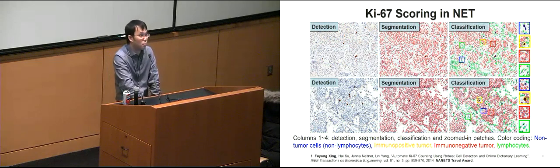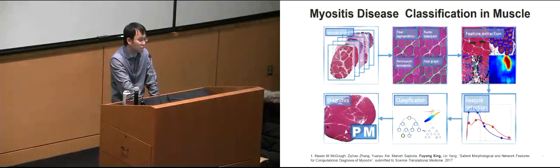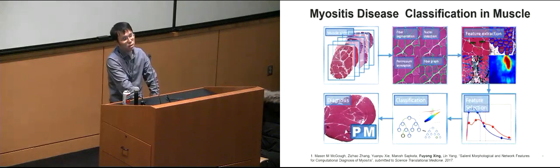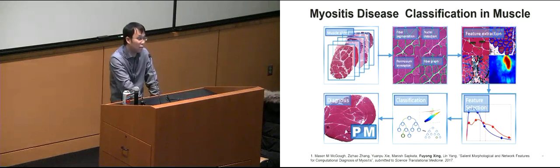Another application is myositis classification or diagnosis. Based on the image quantification, we can calculate features such as the distribution of the nuclei, the muscle fibers, the size of the muscle fibers, and the number of nuclei as well as muscle fibers. Then, based on these features or representations, we can train a model. Here, we train a random forest model for the disease classification, to classify the myositis types DM, PM, or IBM. This is one of the applications.